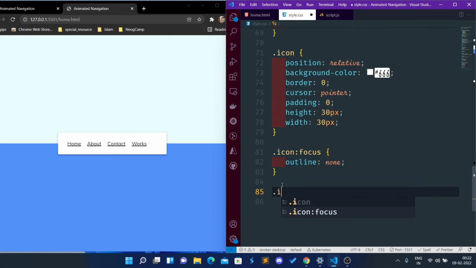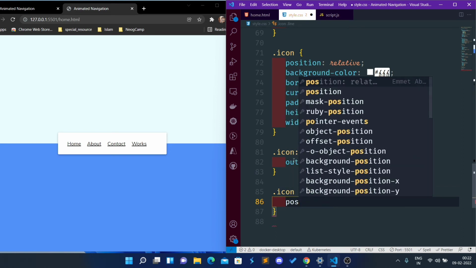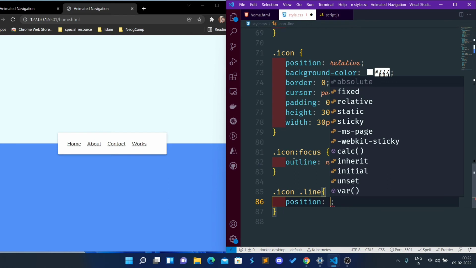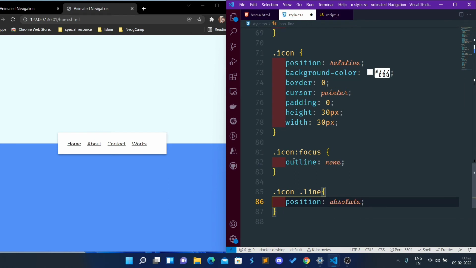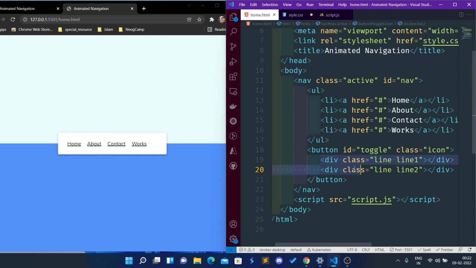Inside this icon class we have the line class, right? We have the line class, so I have to give a dot, and we want to give position absolute, because I have made the parent element relative so that I can make these two divs absolute. Okay,